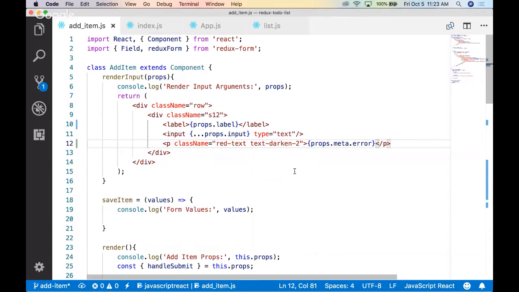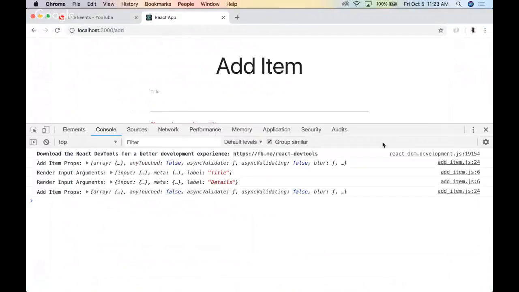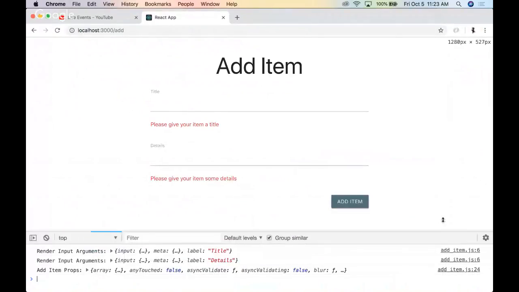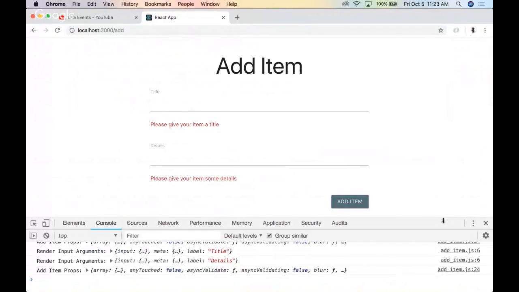Yep, that's just to make it red. There's no other functionality other than that. So now when we look at our form, we should see the errors for each input. Let's check it out and see if we do. So we do. Now, how many times have you gone to a form on the internet and it's telling you